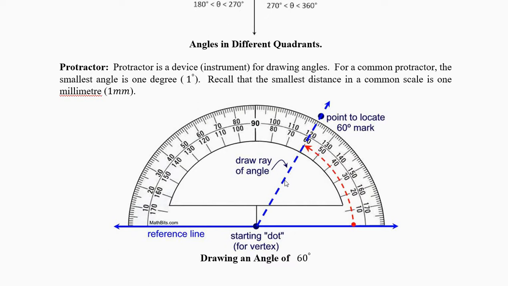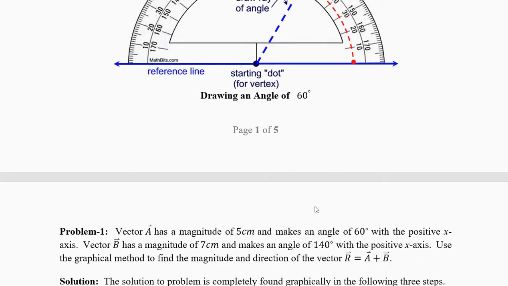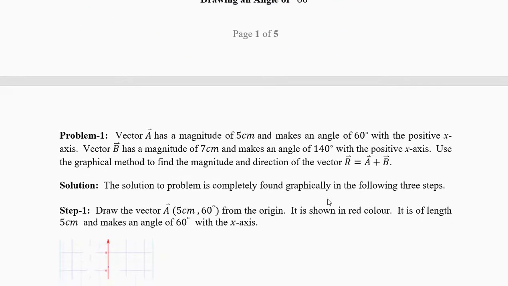So you have to be very careful. This is just a reference point and this is a reference line. You lift the protractor and take a scale and make a line because the scale will tell you how many centimeters you want the line to be. Now we'll do one question, you'll understand.